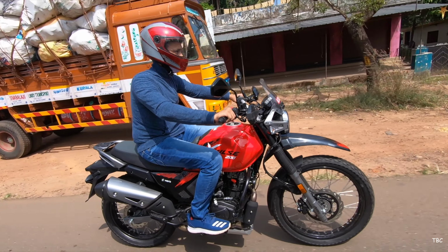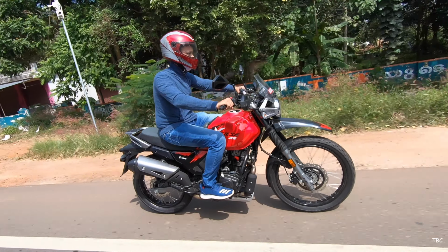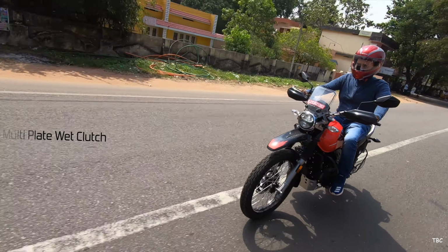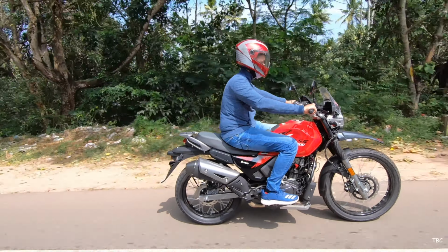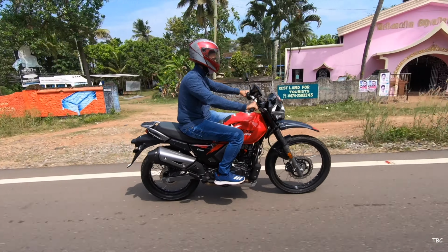The best part of this engine in the XPulse is that it's impressive for off-roading, then it's great for your daily commutes, and finally it falls into the good to fine range for highway cruising. Because the engine does show a bit of stress at higher speeds, so that's something to take note of while cruising, but then for city style usage, there is nothing like that, and since the handling is easy, you can